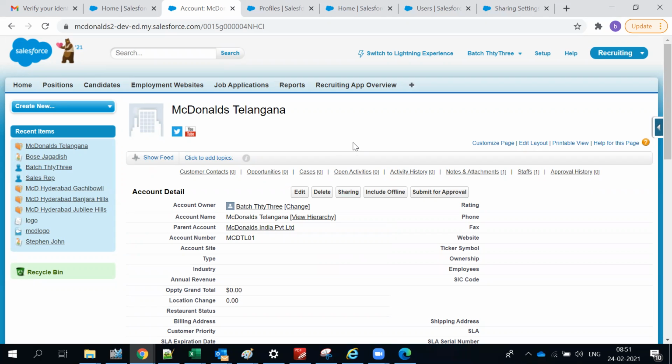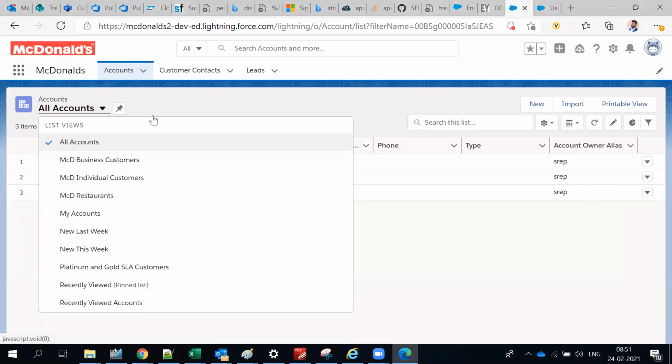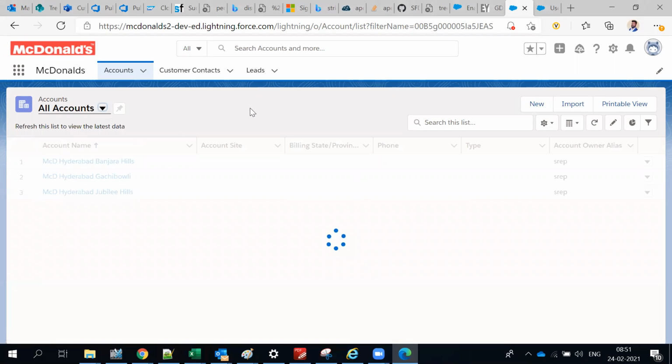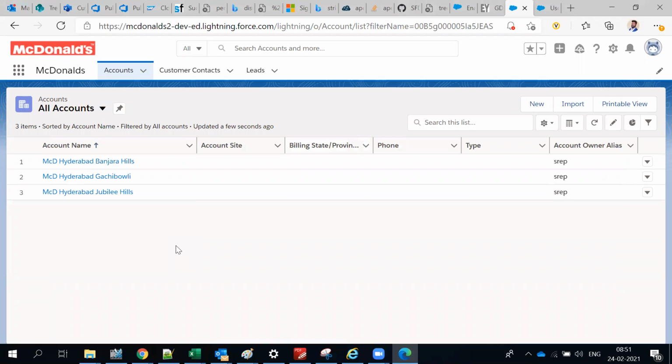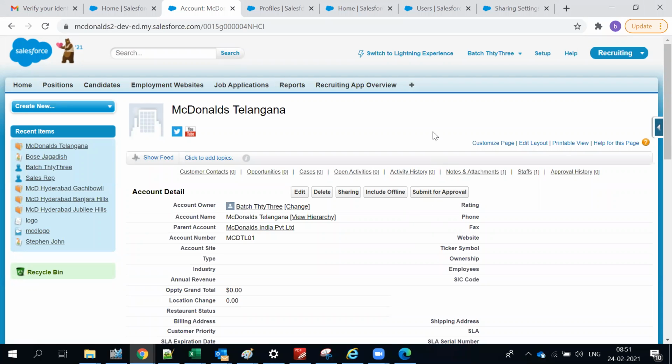It's called manual sharing. Because, I'm repeating, he has all the records owned by him, but not the records of others. Correct so far. Why? Because we are restricted to be private. Whatever he creates, he can see. But one record I wanted to give manual sharing to him. What is that? Go click on sharing